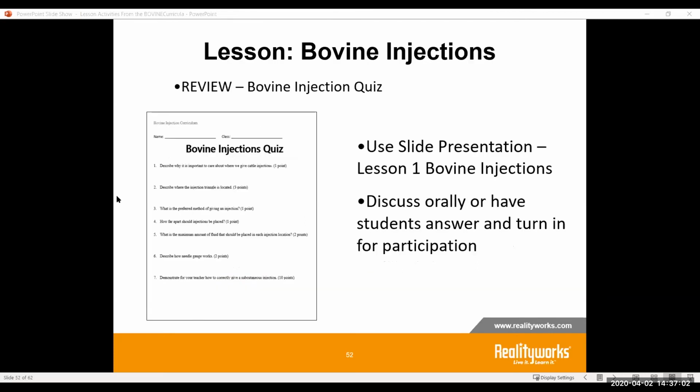And then finally here, after you get them through that and get that understanding, we have a quiz. We have a quiz that asks those types of questions and walks them through. Again, it gives them the opportunity for oral discussion, for participation, for a grade, and to say, okay, I have an understanding of this. It also gives you, the instructor, an opportunity to see where they are, how they are doing, what they are learning, and how they understand.